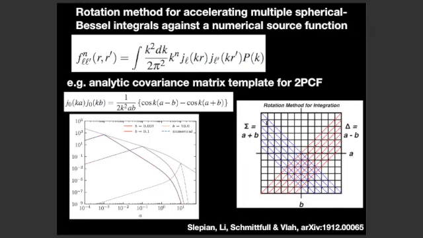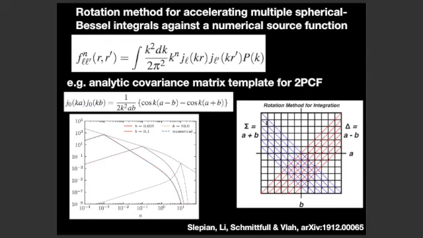Suffice it to say that this is a test case we did that is actually more stringent than the power spectrum. It has sharper structure, so it's more challenging to do numerically. And you can basically see that for different values of A and B, the two free frequencies, we get extremely good agreement with the naive method where you just do this as a 2D grid problem, where you go over this grid in A and B.